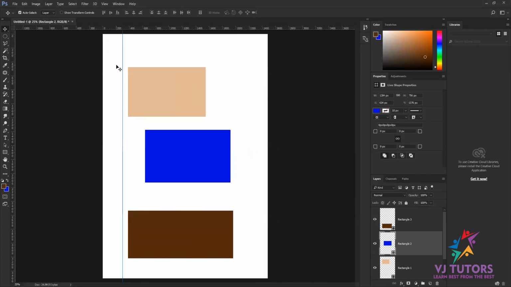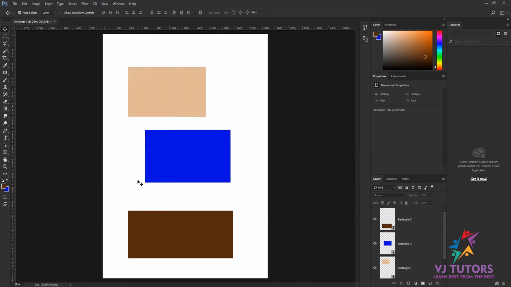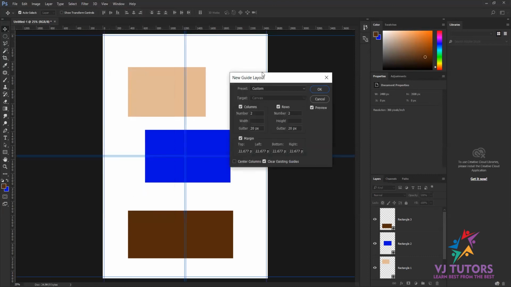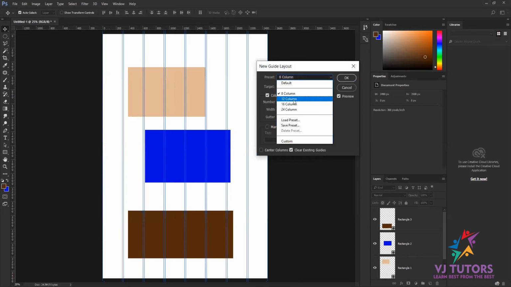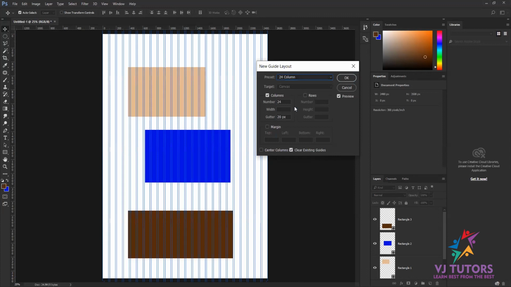Or suppose you want a margin on a particular pixel, you can do that as well. For that, go to view. In the view you have new guide layout. Click on that new guide layout. You will have an option here called presets. Click on that preset. You have different types of presets you can get, like 8 columns, 12 columns, 16 columns, 22 columns, or 24 columns.